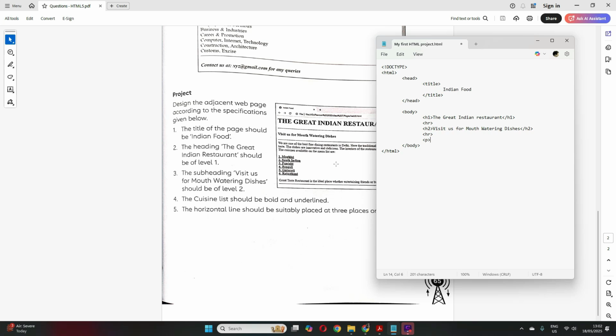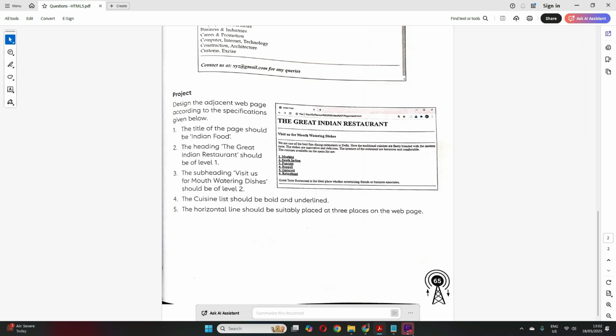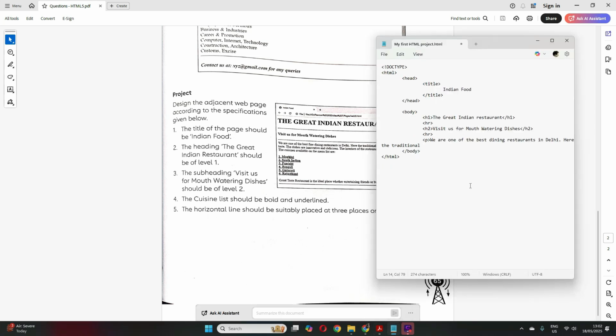So better we start a paragraph and write, we are one of the best dining restaurants in Delhi. Right? Here the traditional cuisines are fine. I'm not writing all this, a lot of things under a paragraph.